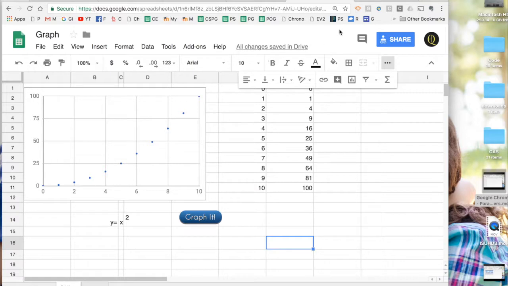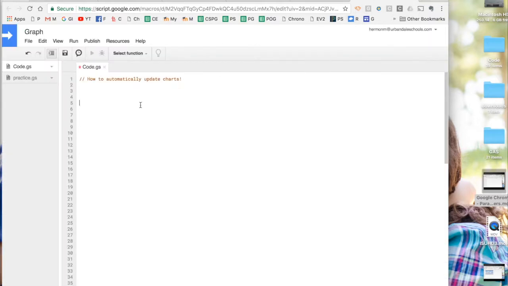Okay, so now we're going to write a function. So how to automatically update charts. Okay, so function updateChart, parentheses, don't forget the parentheses, although we're not going to really send any parameters into it. Okay, there we go. All right, we need to get whatever's in the exponent. So we need to set up our sheet first. So, oh, we need a variable, sorry, variable sheet equals